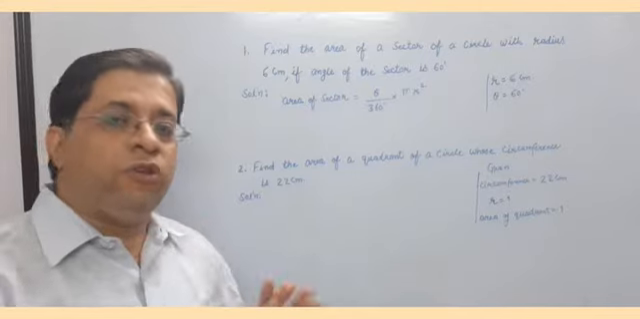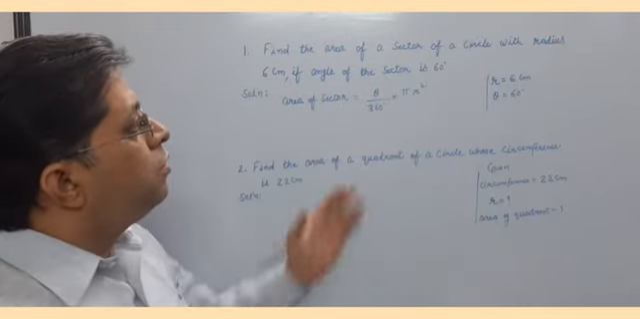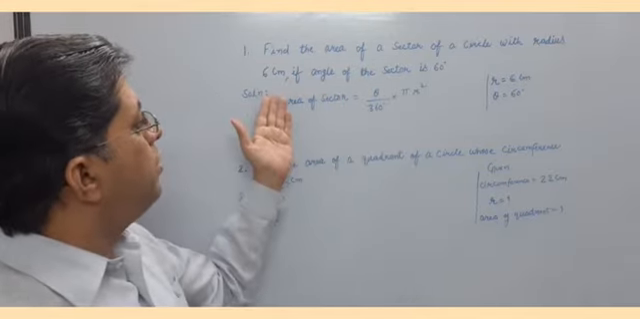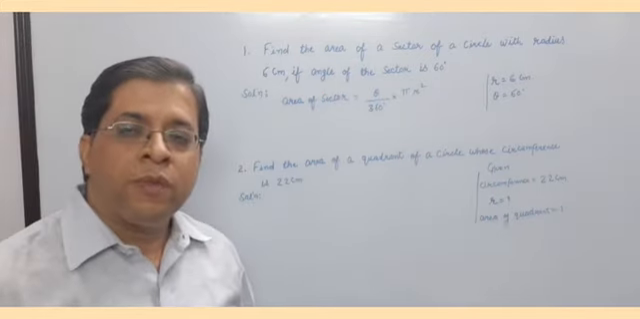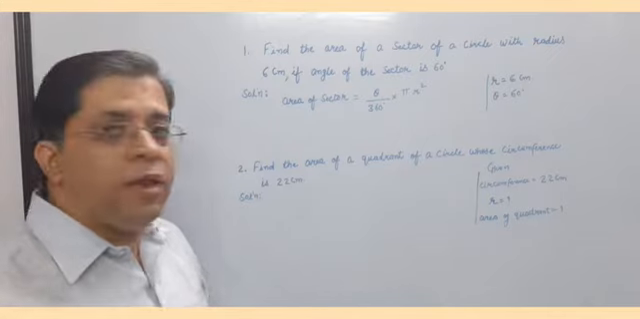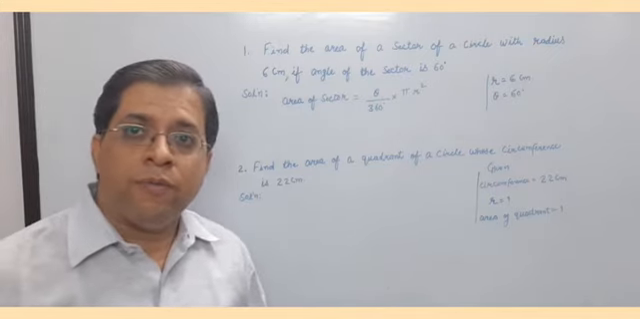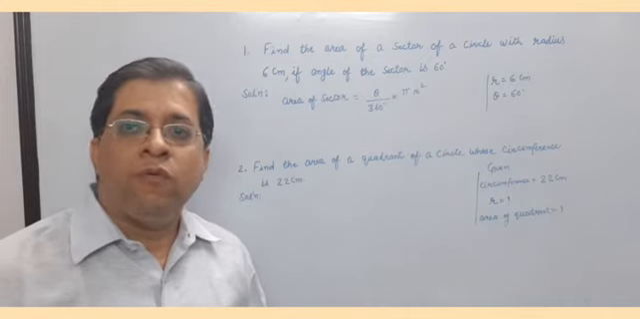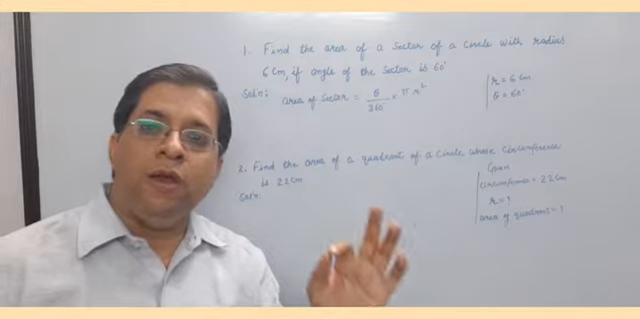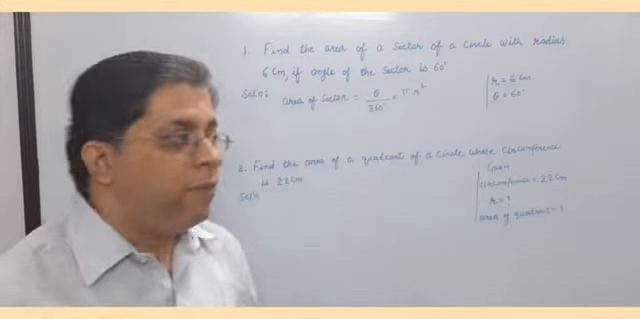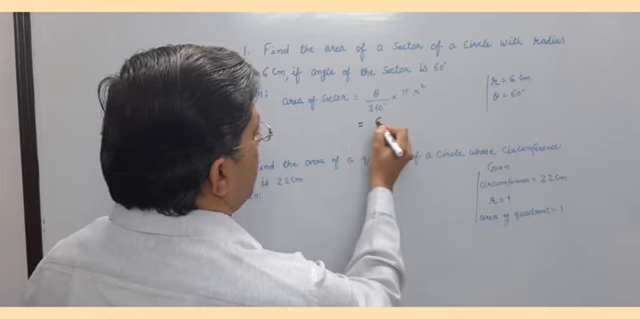Yes, the next question is: find the area of a sector of a circle with radius 6 centimeter, if the angle of the sector is given to you as 60 degree. Okay, we have to find the area of the sector. What is the formula? The formula of the sector is theta upon 360 degree into pi r square. Now, theta is given to you as 60 degree